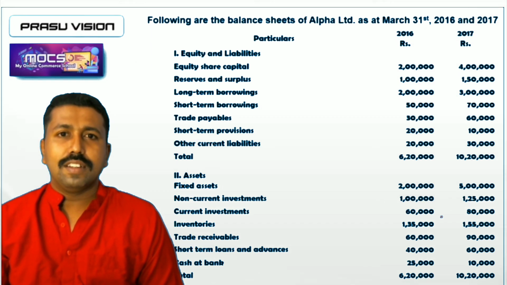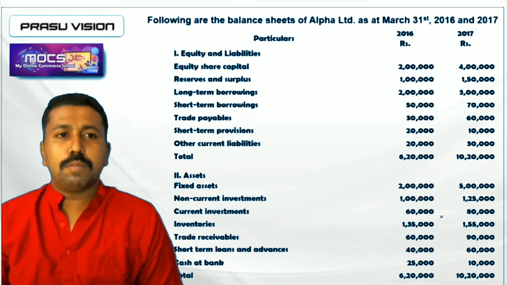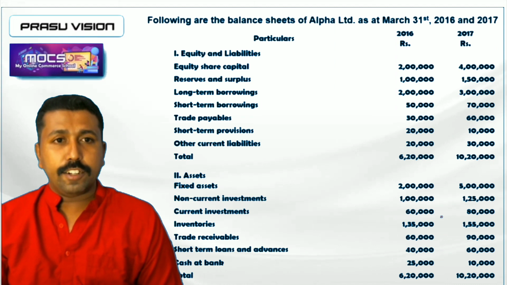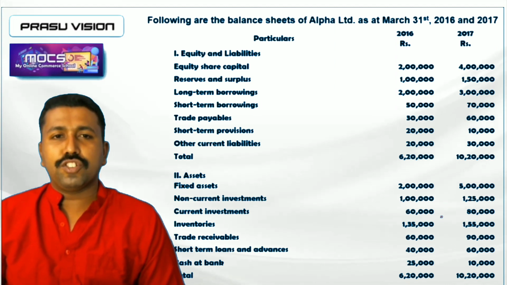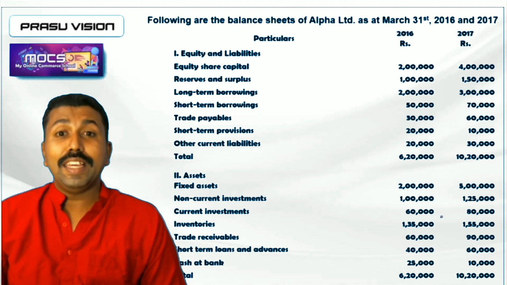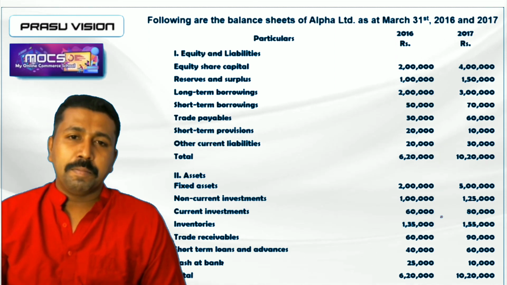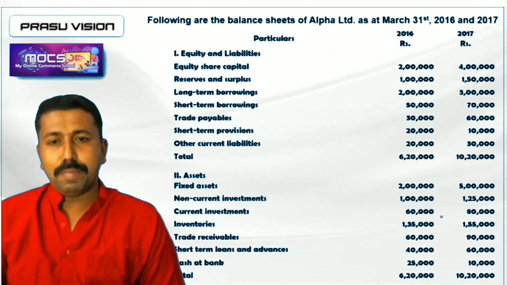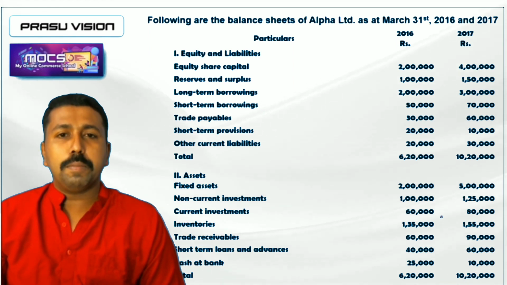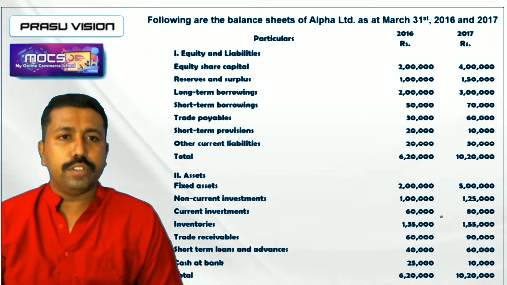So my dear students, the question will be in the form of a balance sheet. All the items are arranged as per the headings and subheadings. If it is not like that, you have to prepare the answer sheet by including all the items as per the format of the company's balance sheet as per the Act of 2013. You have to follow that vertical form of balance sheet. So first of all, you have to arrange all the items under equity and liability, and also under the heading asset. Then we can prepare the solution.